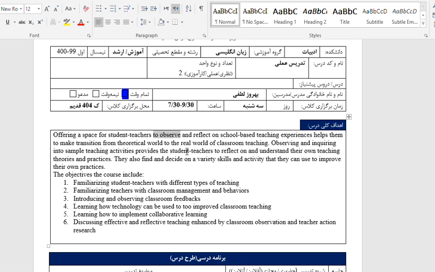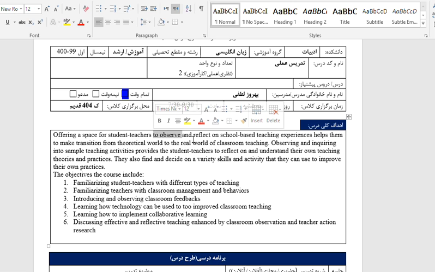Why do they teach, for example, reading that way, why do they teach writing that way, and are there other alternatives or other options? So after observing and also critically reviewing and thinking about the activities by those international and famous teachers,